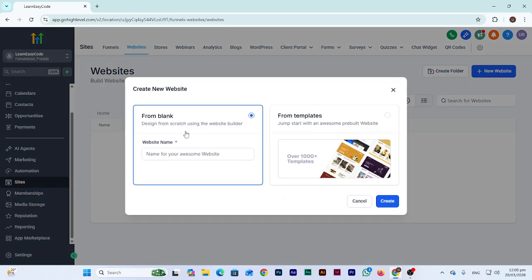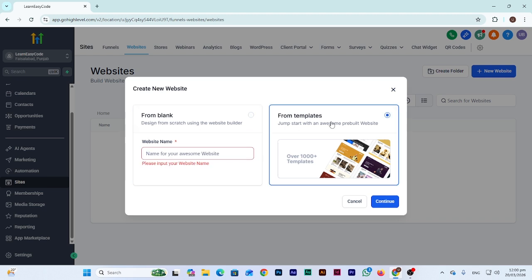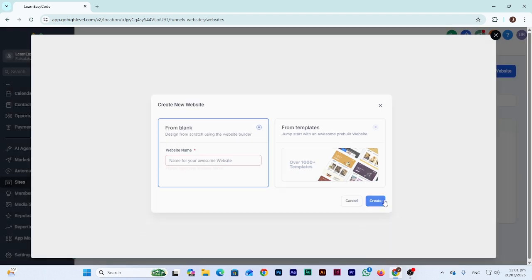Now you can start from blank, from scratch. You can type the website name here, or you can start from templates. Jump start with an awesome pre-built website. You can use a lot of templates. You can use one of the templates and just edit the content according to your sub account's website content, and then you can publish it. So once you continue,